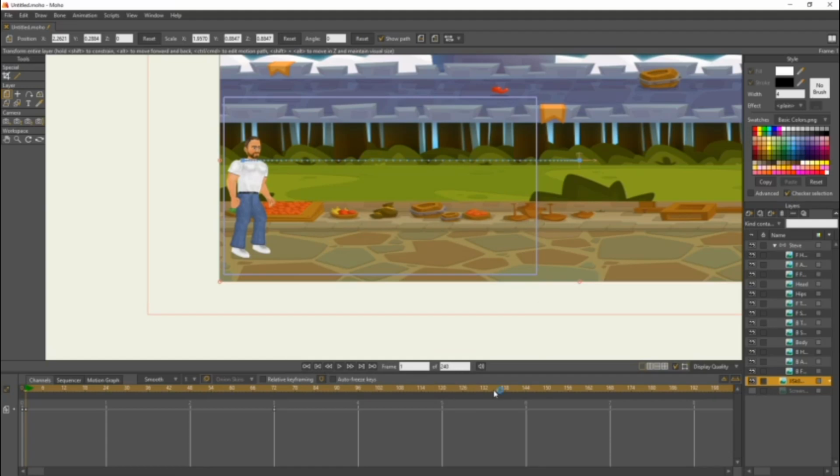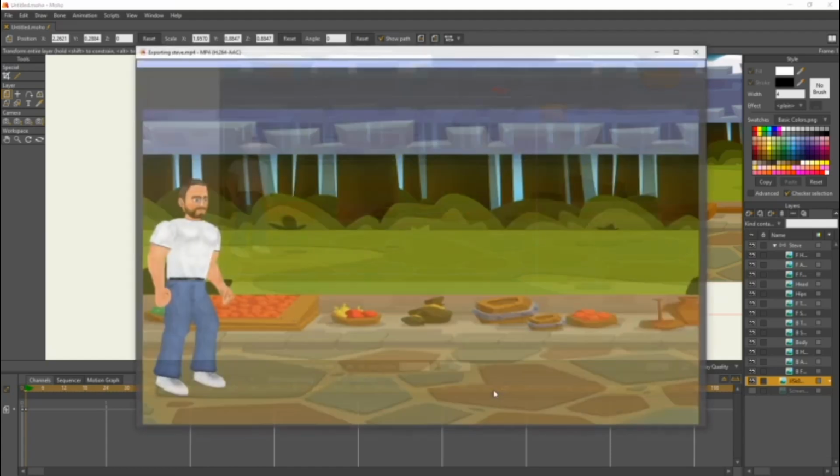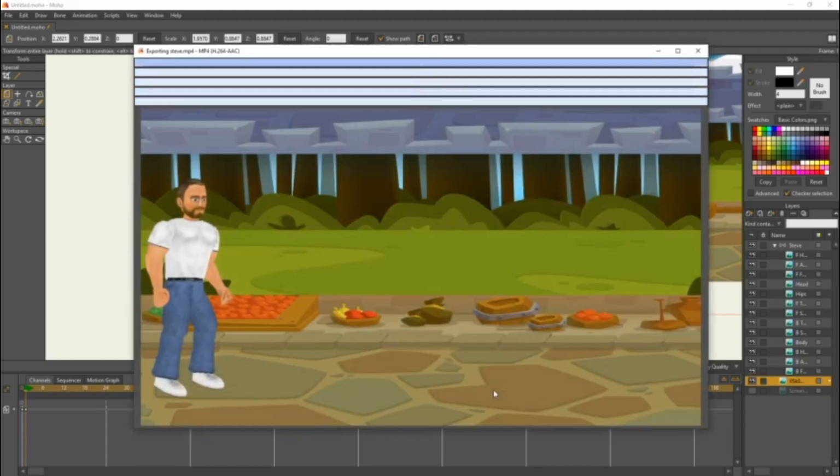Yeah, I don't know why it wouldn't let me import it. I think it was because of the image name, the file type. It's strange, but it should work for you guys. And a screen like this should pop up. This is just basically it rendering. It goes as fast, depending on how fast your computer is, how long the animation is. But I'll come back when this is done. It shouldn't take too long.